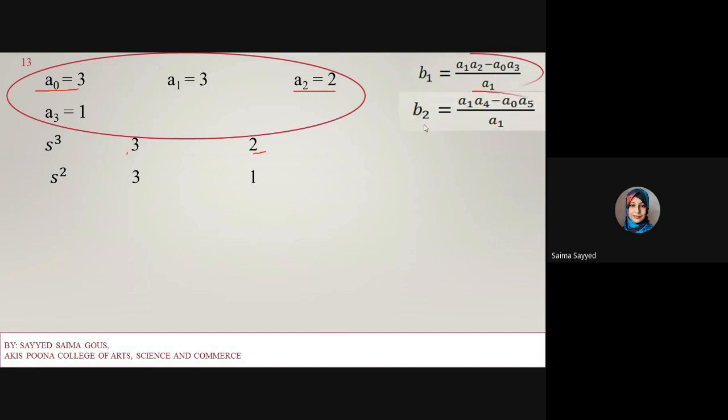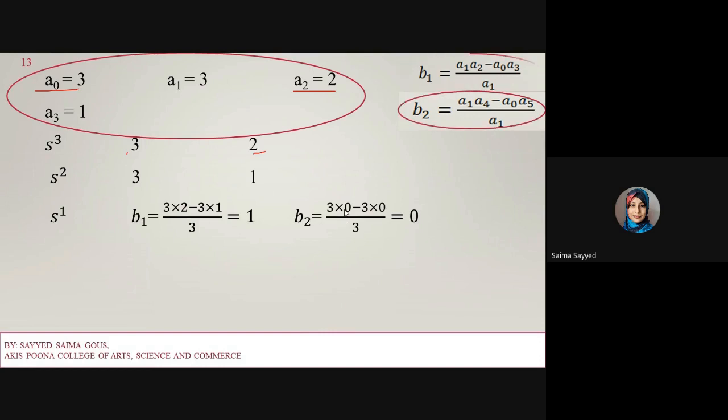And to find out b2, the formula is (a1 into a4 minus a0 into a5) divided by a1. So by using these two formulas, b1 will be equal to (3 into 2 minus 3 into 1) divided by 3, that is equal to 1. And b2 will be equal to (3 into 0 minus 3 into 0) divided by 3, equal to